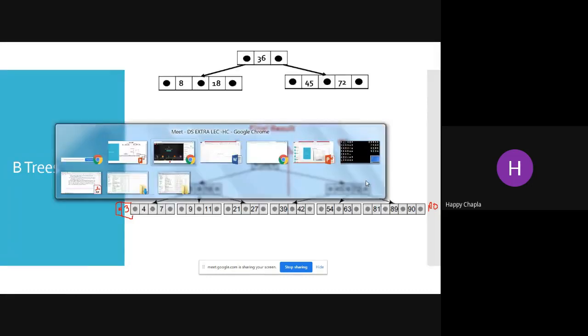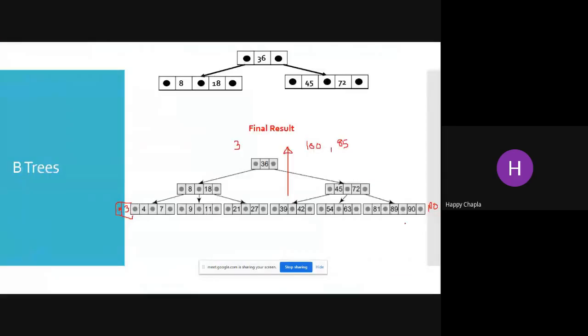Where can I insert 85? Yes, in between 81 and 89. So what would be the scenario? 81, 85, 89, 90. Sorry for the handwriting, but I guess it's visible. And 100. Okay, so it's greater than 4, so we have to split the nodes. So 81 and 85, to the left of 89, and 89 would be the root node. 90 and 100 are the right portion of my tree.